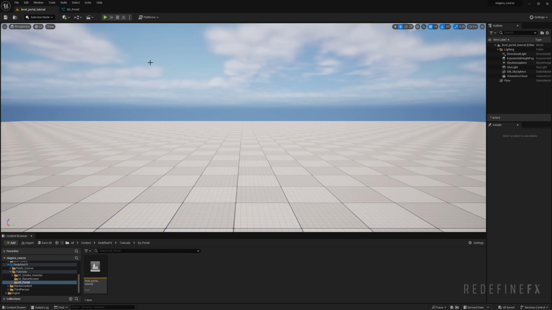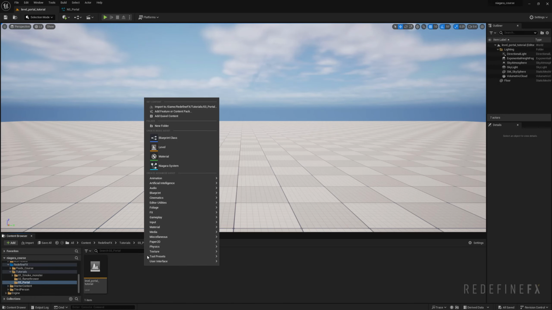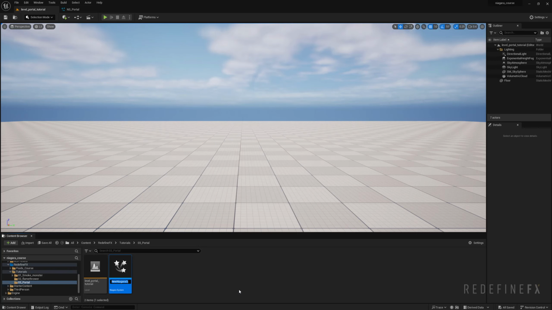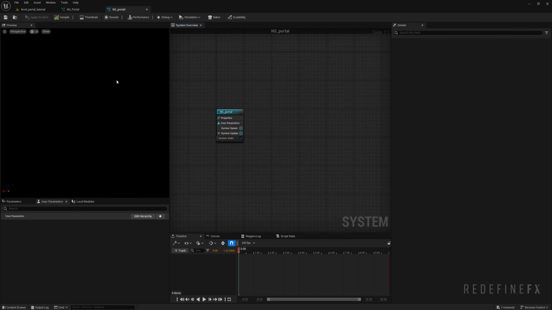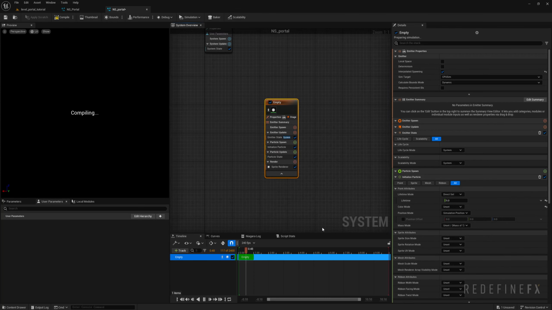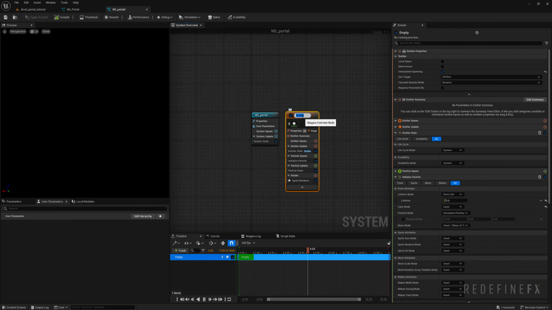So I'm starting with a blank scene as usual. We can just right click, make a new Niagara system, create an empty system, just call it ns_portal, double click. We need to give birth to some particles. So right click, add emitter. I'll just create an empty emitter, hit F2 to rename it as